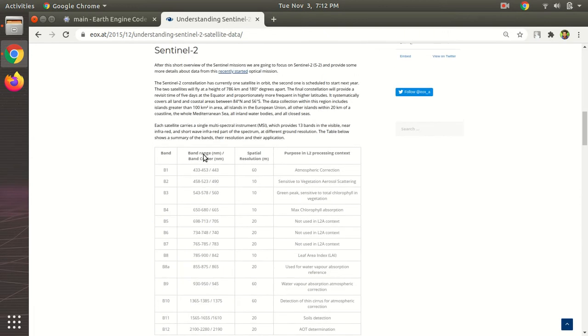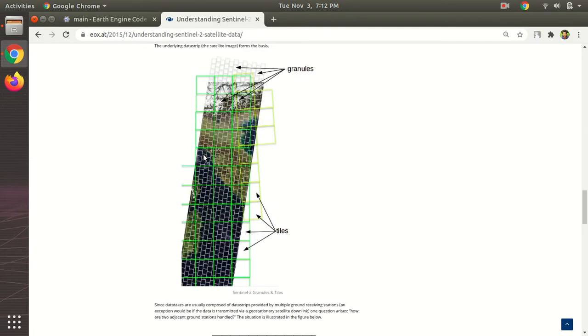This figure is something that is particularly interesting. As you can see, these white boxes are images that the satellite moves over the surface of the Earth and takes. So let's say it's moving in this direction and it's taking these images, and when it's going to revolve around the world and come back, it's going to start with the next column.